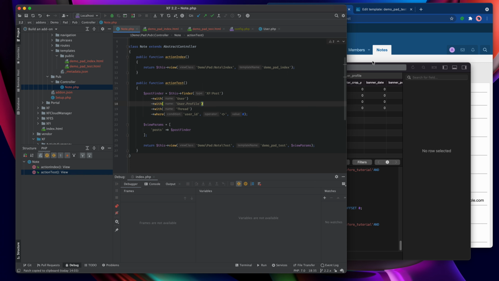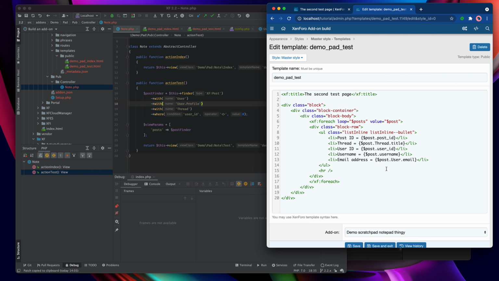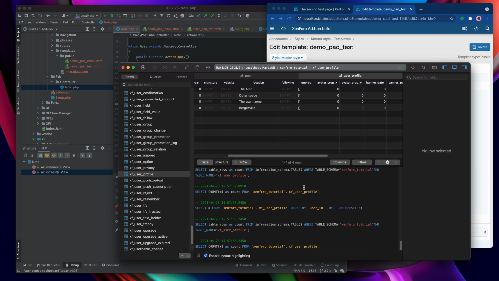So let's save that out and refresh here just to make sure that it didn't blow up. It didn't. And then we can come in here and say, let's get rid of the user ID there. We don't need that. And we'll say that we want the location. And the location is post user profile. I think it was called location, wasn't it?